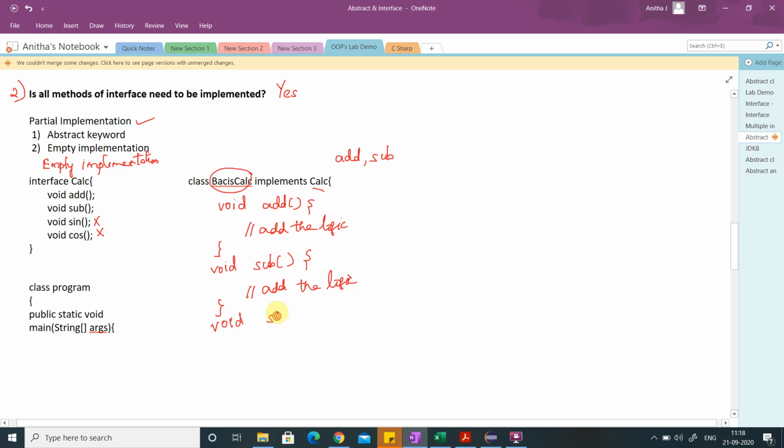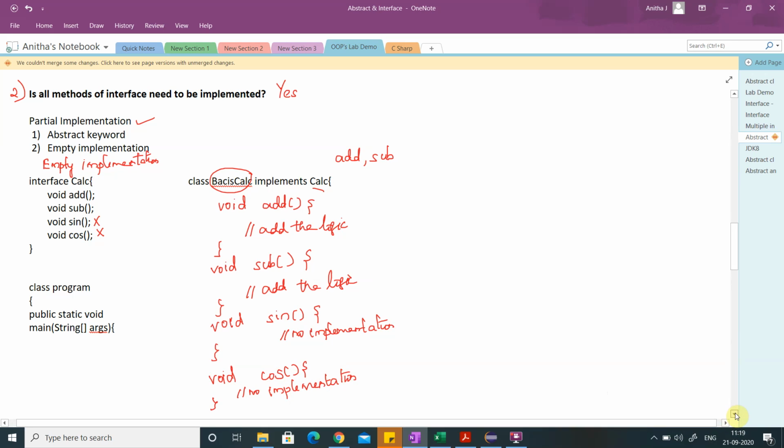Empty implementation means just open and close, don't write any implementation. These methods sine and cos, I don't need in my basic calculator functionality. I just create the methods but don't write any implementation. This is how you can achieve the partial implementation.